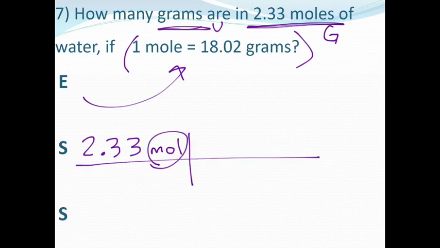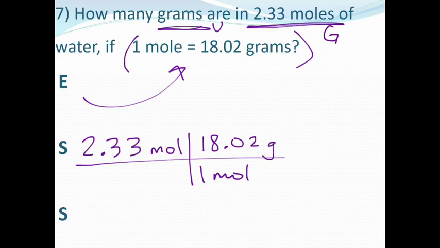And then since moles are on top, I'm going to put the mole part of my equation on the bottom. And then the 18.02 grams. And that's it. My diagonals match. Grams is what I got. If we multiply to find our answer, my unrounded answer is